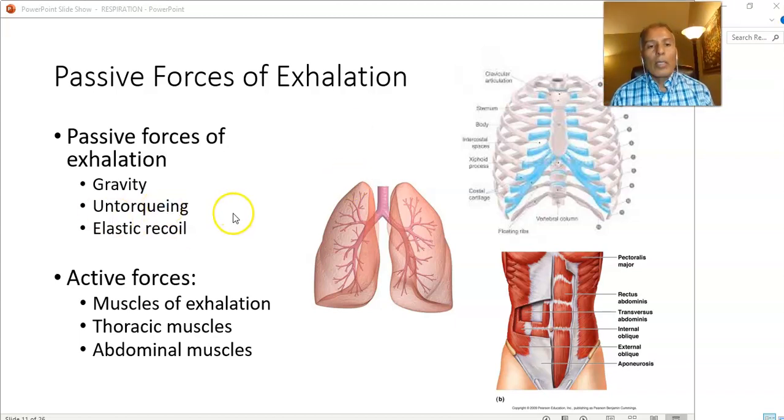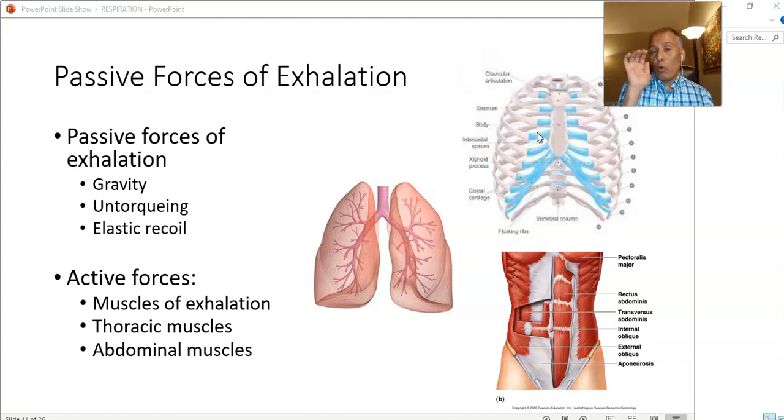So untorquing, you have to explain that the torquing during inhalation is reversed, and as a result, all the anterior parts of the thorax, that big part of the anterior part of the thorax, is brought in and down. Again, all of this is going to put pressure on the lungs. So untorquing, again, enables the anterior thorax to be pulled in and down,